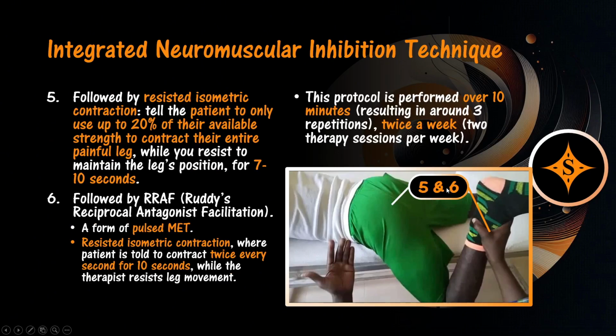After you perform the ischemic compression, we proceed to the resisted isometric contraction. As you might have remembered, isometric contraction here belongs to the MET group, the muscle energy technique. How you do this is that you tell the patient to basically try to release their leg from your grasp, meaning you tell the patient to contract their entire leg, but only using 20% of their available strength,